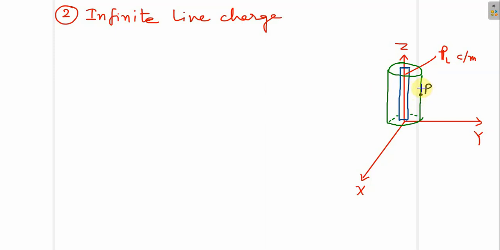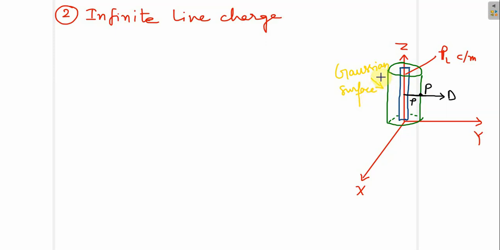Okay, we have considered. Now for this line charge density, this will be acting in this direction, and the D will be acting in this direction. Let us suppose it is rho. And what is this cylindrical surface? It is the Gaussian surface, because whatever surface you use to cover or enclose it, that is called the Gaussian surface. So this one is your Gaussian surface.